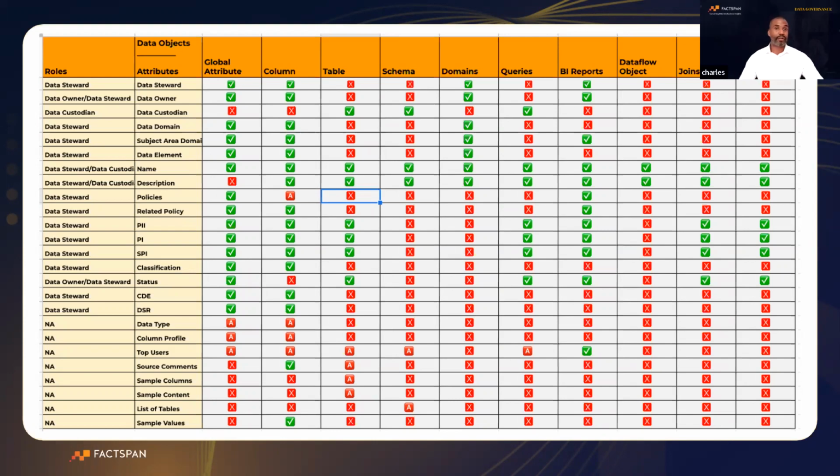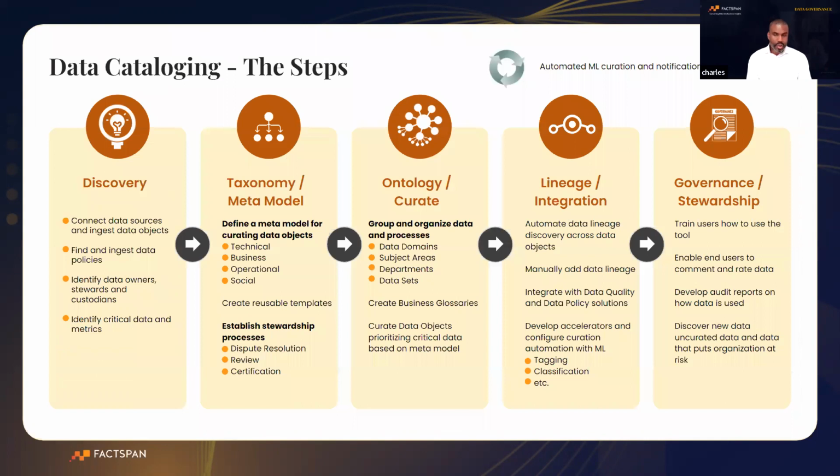Your organization may have it open, but generally speaking, you want to be able to be very clear about what attributes are going to be associated with which data object and how you're going to give that role and responsibility to the individual that's going to implement it. And then going on, we want to also make sure we organize our data and curate our data